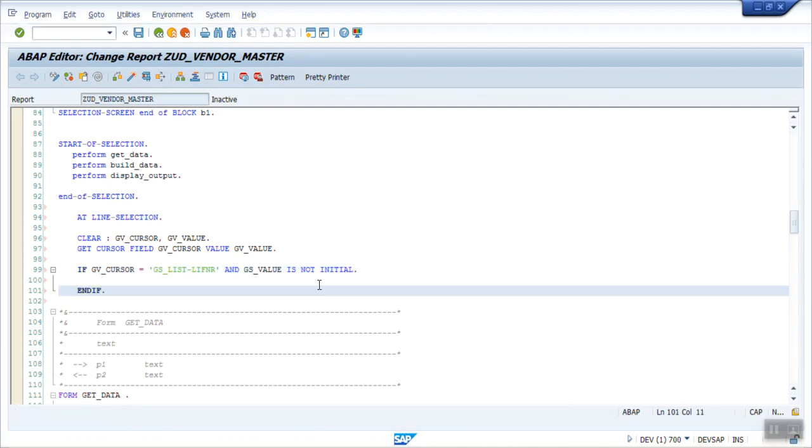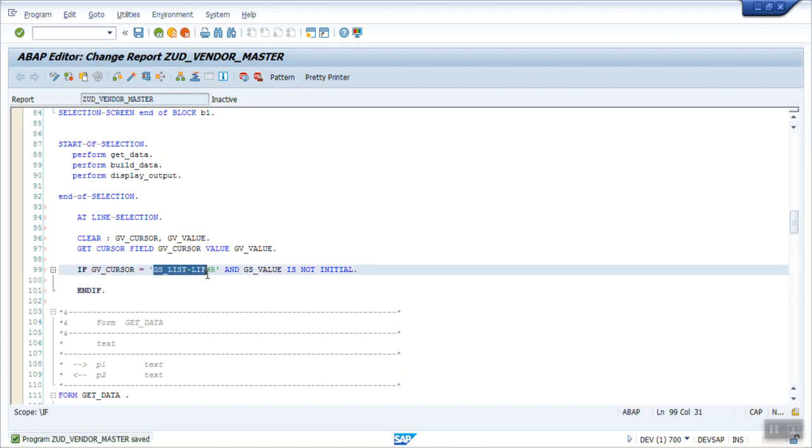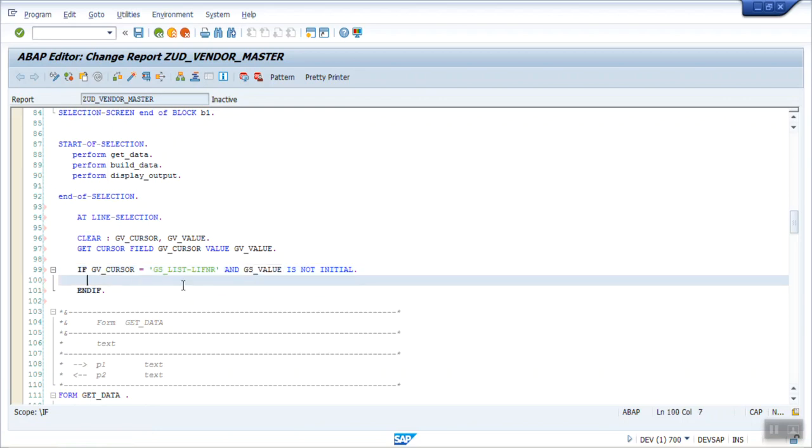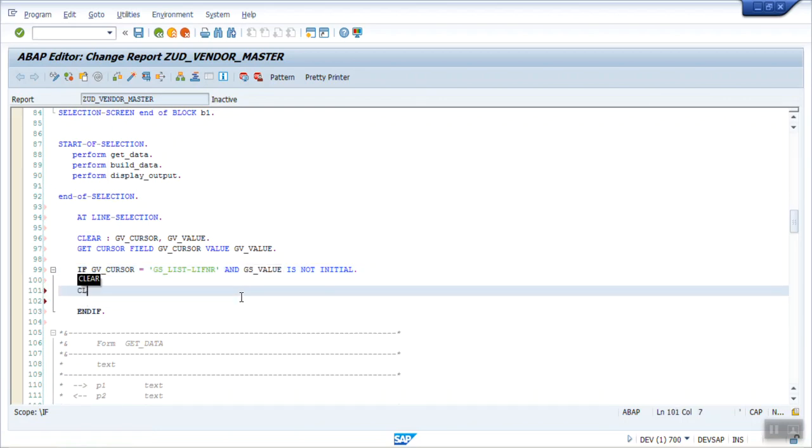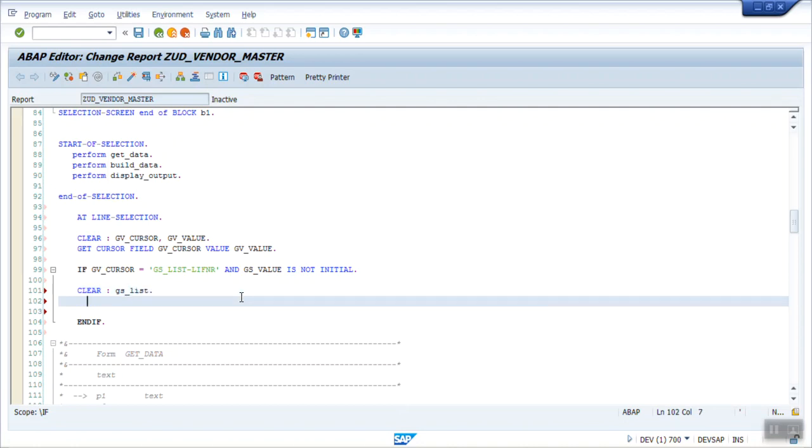This means that if the cursor position is on the vendor ID and the value is not initial, means there is some value in that field, then as our work area is gs_list, what we'll do, we'll write read table gt_list into gs_list with key listener equal to gv_value.